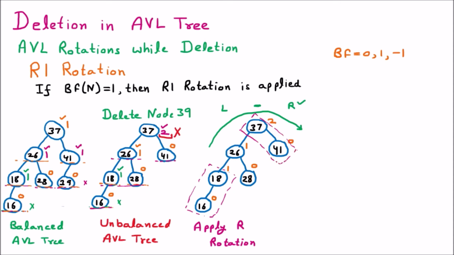So the logic is that two extreme nodes should be coupled. So we have to make two couples here. Afterward, whatever node is remaining, which is node number 26, in that node number 26, whatever the balancing factor is, we know that the balancing factor is 1. So that balancing factor 1 is the name of the rotation we have to apply. That means apply R1 rotation. So here we are going to apply the R1 rotation. We have to make two couples. Then one more thing, we have to delete the remaining node from this particular tree.